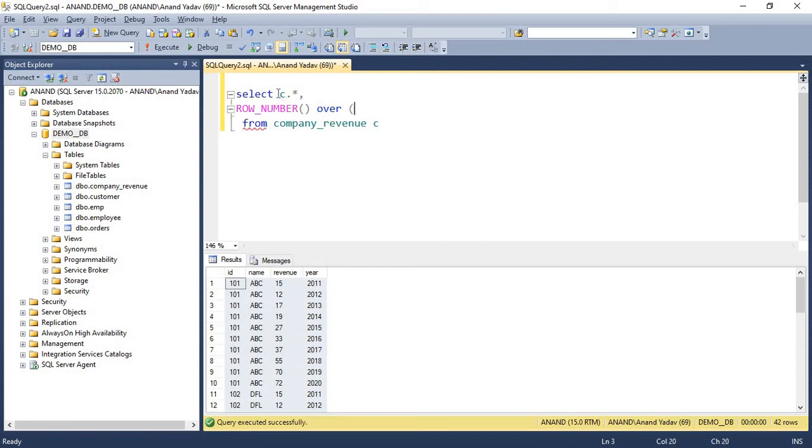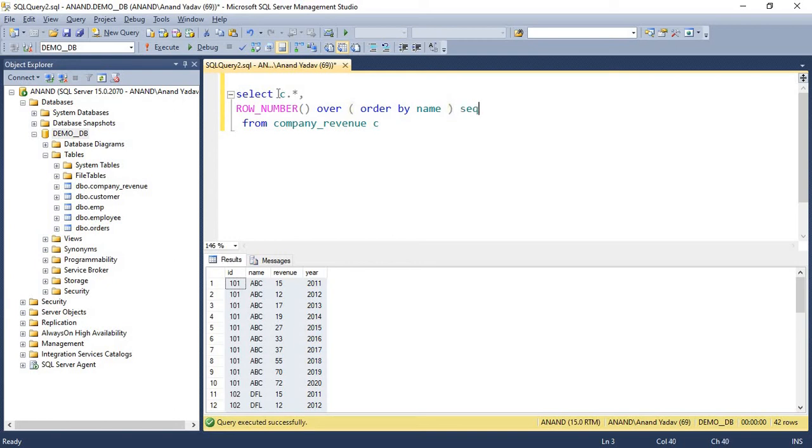Now we wanted to generate a sequence number, so we will not do any partitioning, and when we do not perform any partitions, the entire table is considered as a single partition. So we'll just provide the ORDER BY on the name column. We can give any column in ORDER BY, as there is a single partition.